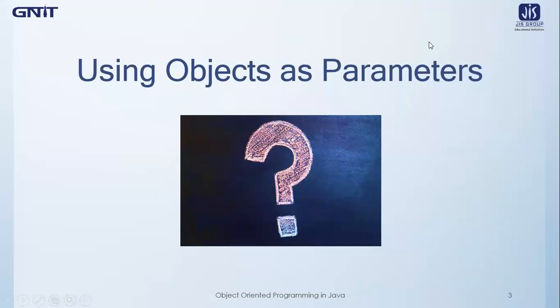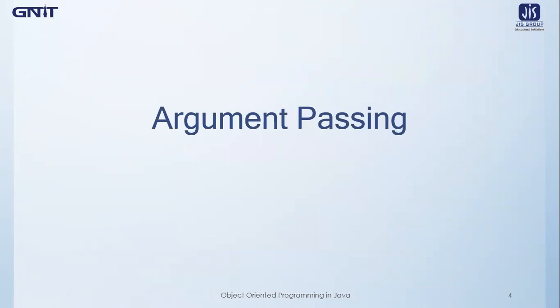Now let's go to the next topic of today's lecture, which is argument passing. We all know that arguments can be passed as parameters to a method or a constructor. Whenever we pass arguments like variables to a method, there is a thing called called method and calling method, that I have already told multiple times in my previous lectures. The parameters inside the called method are known as formal parameters, and the parameters inside the calling method are known as actual parameters.